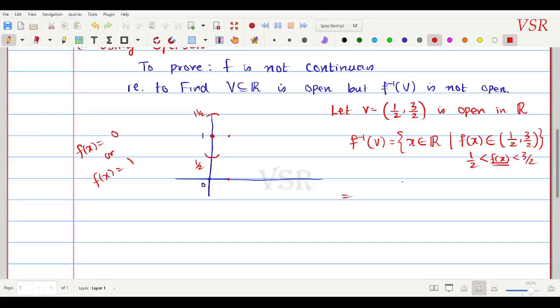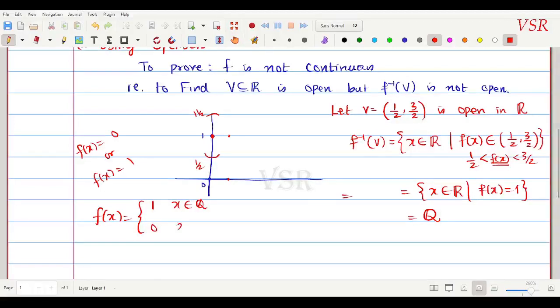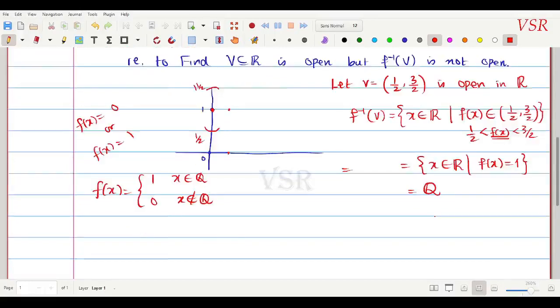This implies that this is equal to set of all x belongs to R such that this f of x must be equal to 1. 0 ஆக இருக்கவே முடியாது. அப்போ f of x எப்பெல்லாம் 1 ஆக இருக்கும் அப்படினா என்ன அர்த்தம், this is equal to Q, கரெக்ட்டா. ஏன்னா Q ரேஷனல்ல தான் ஃபங்க்ஷன அப்படித்தான டிஃபைன் பண்ணிருக்கோம்: f of x equal to 1 if x belongs to Q, rational ஆக இருந்ததுனா; 0 if x does not belong to Q. Okay, so we are having this f inverse of V equal to Q, but we know that Q is not open